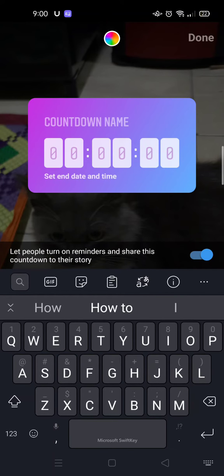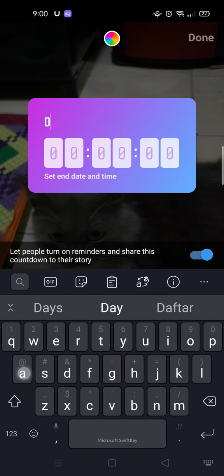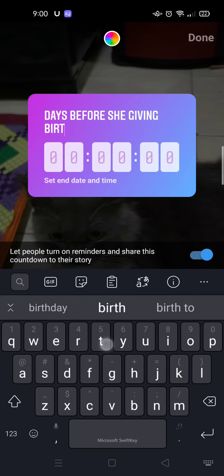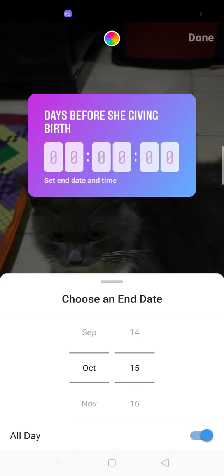Here you can just type the countdown name, for example, days before she gives birth, since my cat is pregnant, so it's just an example. You can just set the time, the end date of the countdown, for example the end of this month,